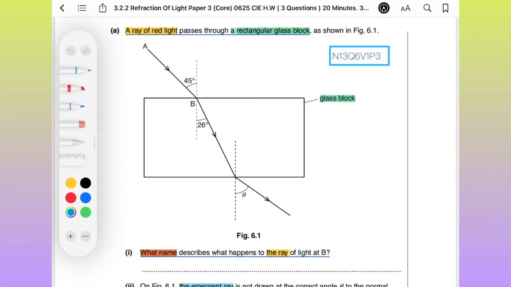Hello everyone, welcome to Physics Blender e-learning platform. Today we are checking the answers of your homework about refraction of light, paper 3 for core candidates. Okay, here we have question 2. We will discuss in details these